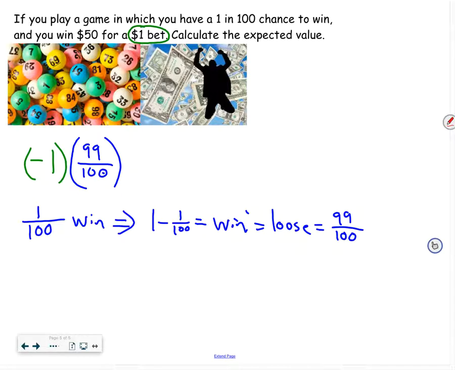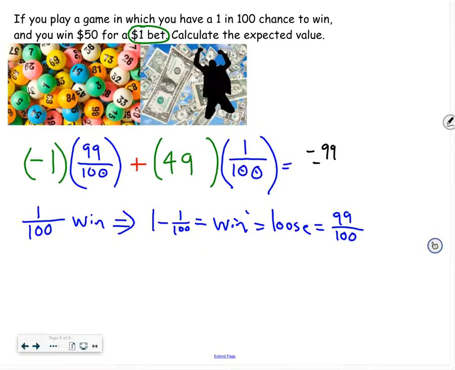My other outcome, this is the one that we always like to think of, is the probability of winning. If we win, we don't necessarily win $50 because we bet $1, so we only win technically $49. The probability of that happening is 1 out of 100. So what is my expected value in this game? If I simplify it, I'm just going to get negative 99 over 100,